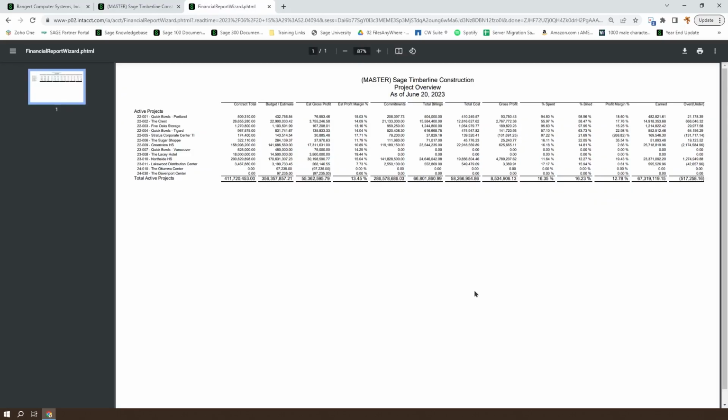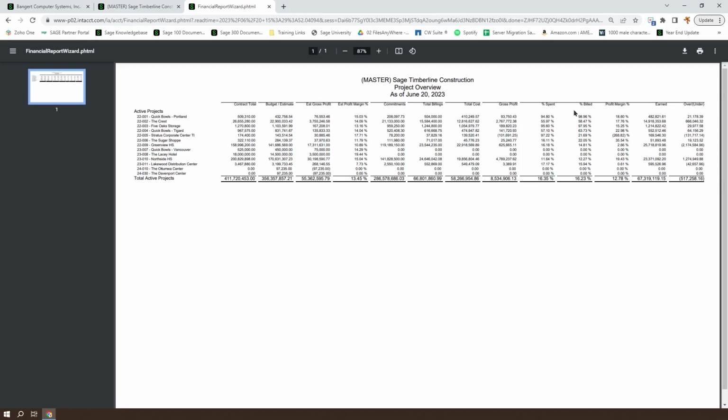Well, that seems to work, doesn't it? It's pretty small, but it does seem to work. So you might have to get a magnifying glass out if you have bad vision, but you could get it in here. Alternatives to this would be cutting out some more of these columns.